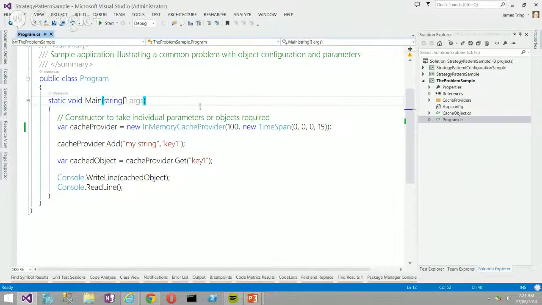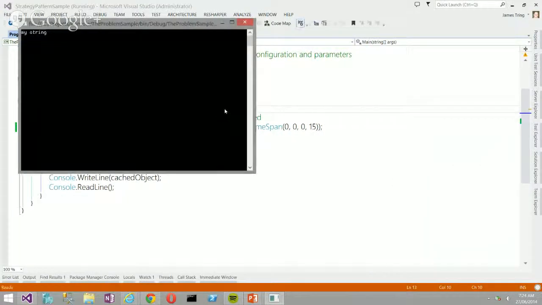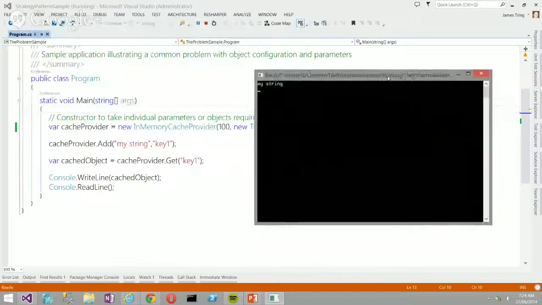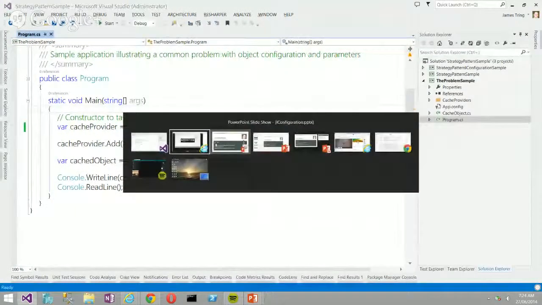So just to show you that I still have some coding ability in me, with my in-memory cache provider, I add a string and I get the string back out. So jumping back to the presentation,